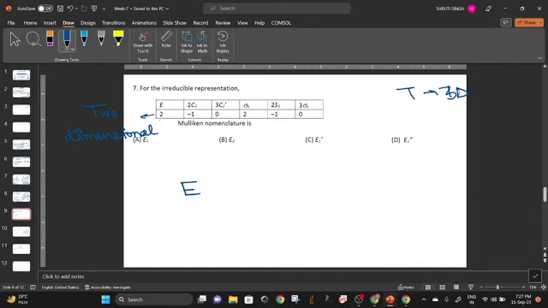Now what? E1, E2, E dash, double dash, like that. The next thing we see here is the character under the reflection plane. If the character under sigma h is a positive number, which means it is symmetric with respect to it, then we will have